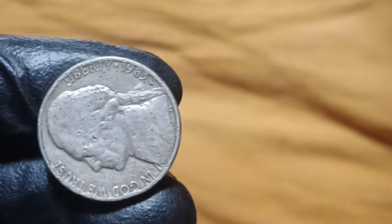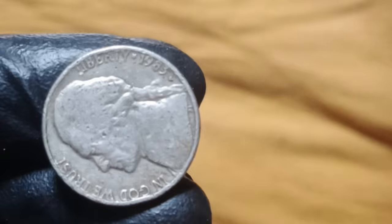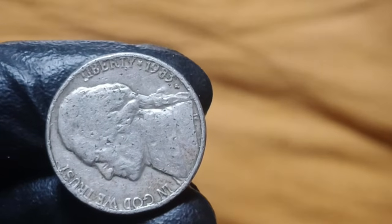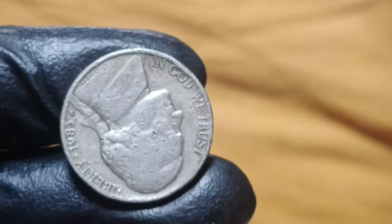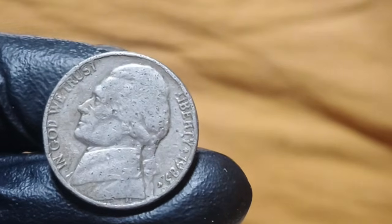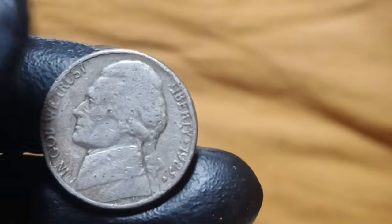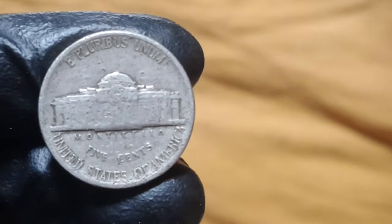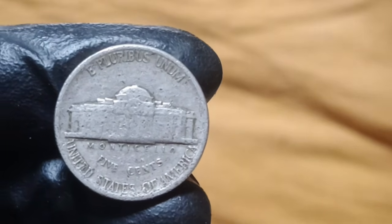Jefferson nickels. Next, 1983 P. Jefferson nickel. Every so often, history hides a fortune in plain sight, and no coin exemplifies this truth more dramatically than the legendary 1983 P. Jefferson nickel, a coin so rare, so valuable, and so extraordinary that it has achieved an absolutely staggering valuation of $355 million, making it not just the most valuable Jefferson nickel ever discovered but one of the most valuable modern